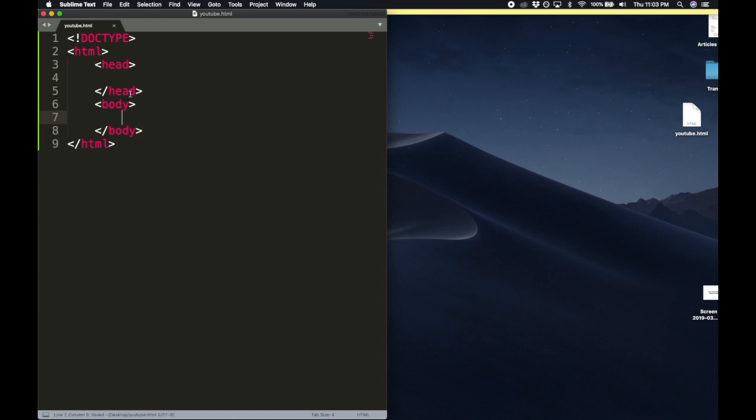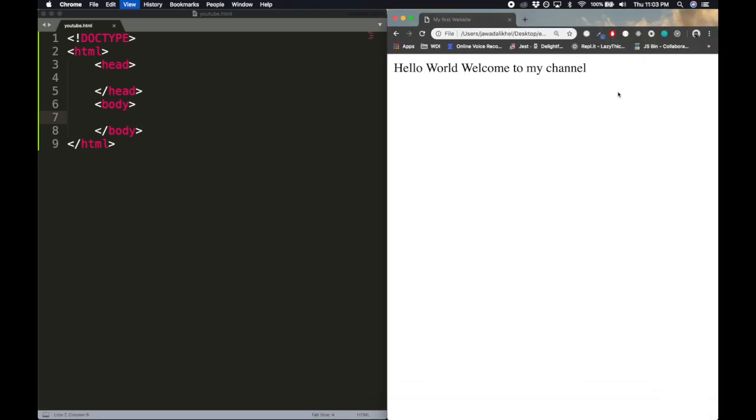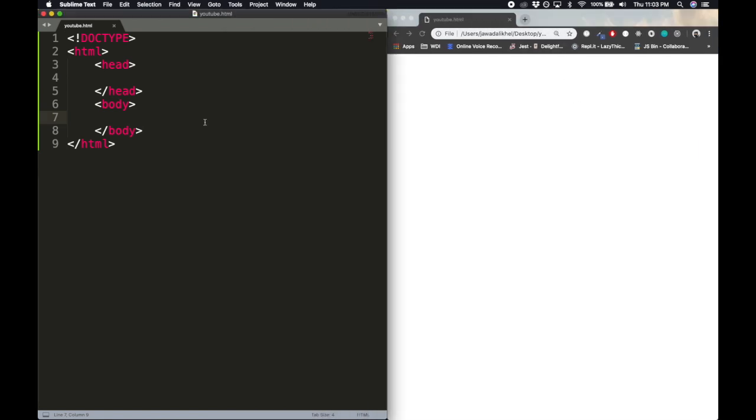So go ahead and save this. And now it created the document right over here. To open that up in my browser, I'm just gonna drag and drop it into my browser and it opened it up right there. What we want to show is hello world inside our document. So we are gonna go to our body and say hello world